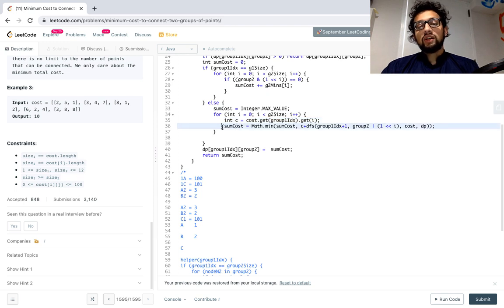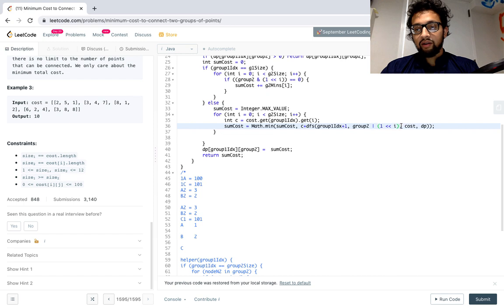And then I'm going to grab the minimum cost for each of those. So I'm going to either use the minimum cost that I already found, or I'm going to see if this one had a better connection. Meaning, did A connecting to 1 and then continuing on, was that better than A connecting to 2 and continuing on, right? This is what this is doing. So as you can see right here, I'll pass in the next group index, meaning I'm going to move to B now. I'll pass in my new bit mask for my group 2, meaning what this is doing now is